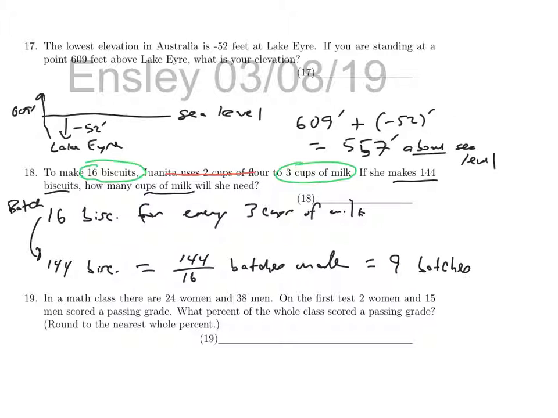So I need 9 batches of biscuits to have 144, but 9 batches of biscuits needs 3 times 9 cups of milk. If every batch needs 3 cups of milk, then 9 batches is going to need 27 cups of milk. So that's how we can deal with proportional reasoning. You can do that as an algebra problem. If you want to, you could say,